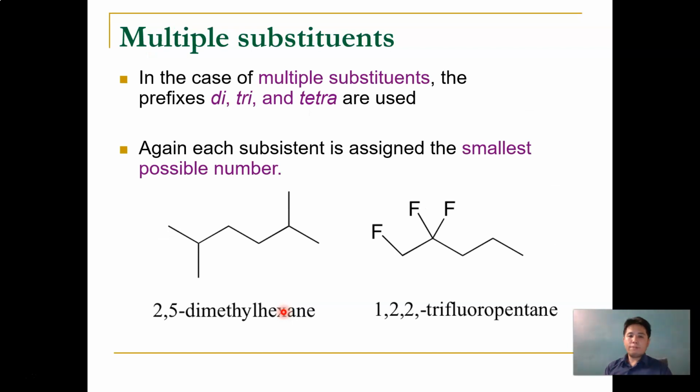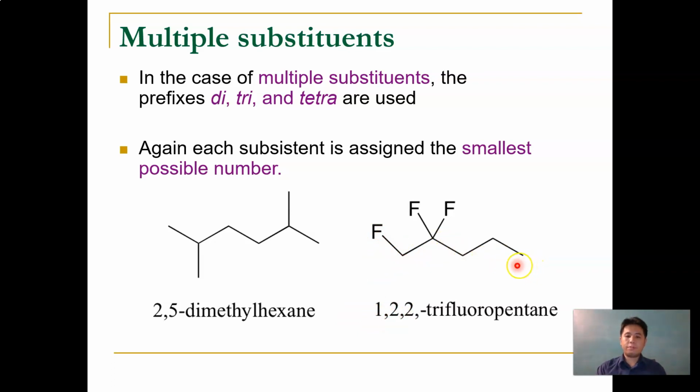Okay, and when you have multiple of the same substituent, like multiple methyls or multiple fluorines, you use di, tri, and tetra. So again, you still assign the substituents to the smallest possible numbers. Like this one, 1, 2, 3, 4, 5, 6. So this is a hexane. Substituent group methyl, methyl. So this is 2,5-dimethylhexane. This is 1, 2, 3, 4, 5. So 5 carbons. So this one, 1, 2, 3. So this is a trifluoro. So it's a 1, 2, 2